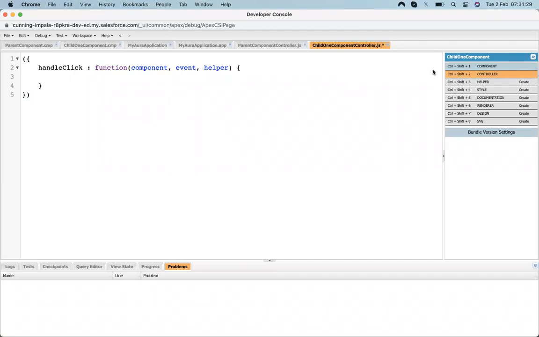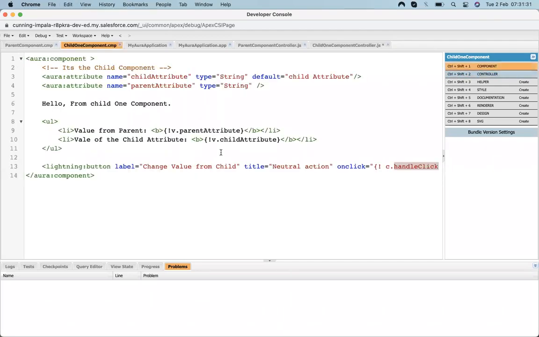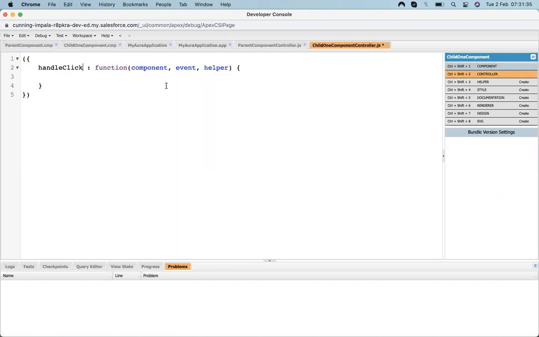Okay, I'm just in the child component and I'm changing the parent attribute value. Sorry, set, not get, set.